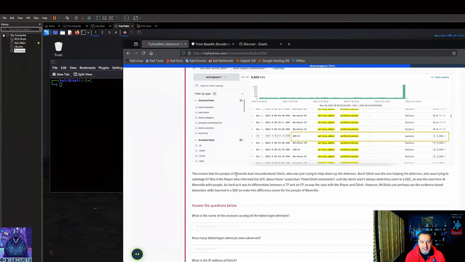But if Glitch was the one helping the defenses, who was trying to sabotage it? Was it the mayor, who informed the SOC about the suspicious PowerShell commands? Just like the alerts aren't always what they seem in the SOC, so was the case here at Warville with the people.